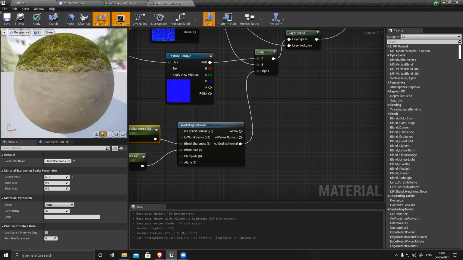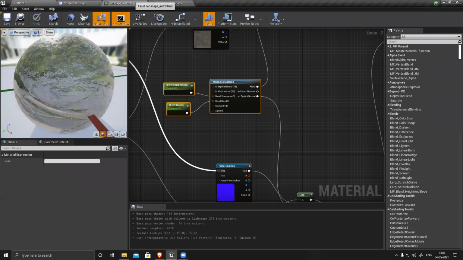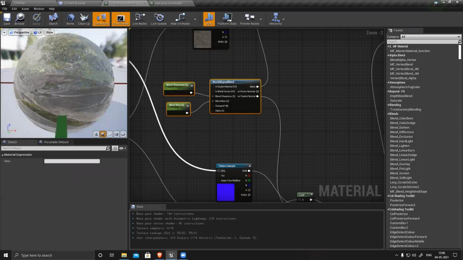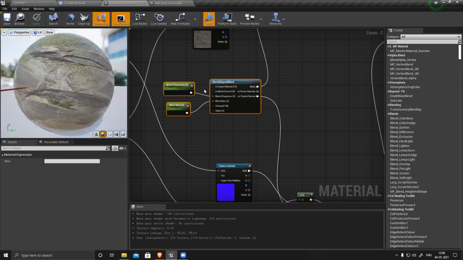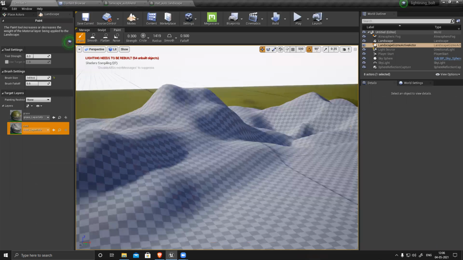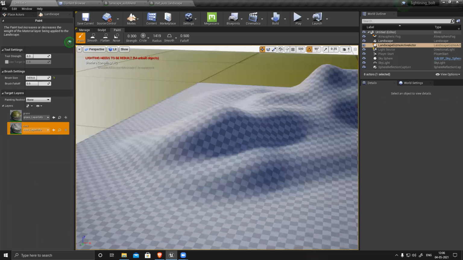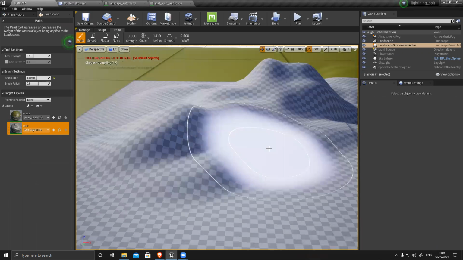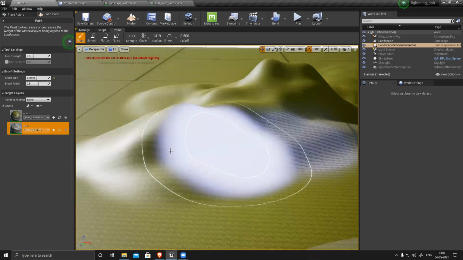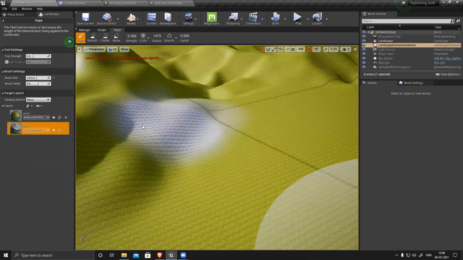Here I can see it's blending. You see, based on all those curves, depth, and everything, it is blending automatically. It's creating those things. So why is it not working here? But this is painted manually.